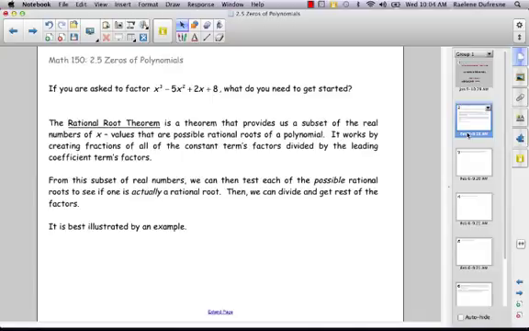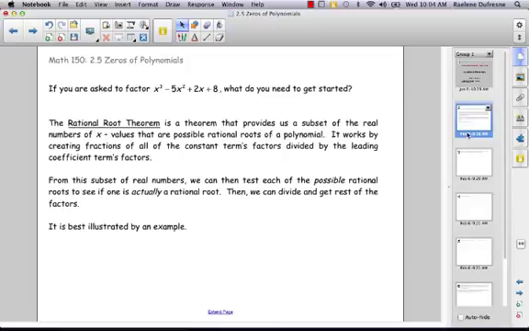2.5 Zeros of Polynomials refers to the zeros or solutions or roots to a polynomial equation. So if you are asked to solve a polynomial equation equal to 0, for example, one way to solve the equation would be to factor. So if you are asked to factor x cubed minus 5x squared plus 2x plus 8, what do you need